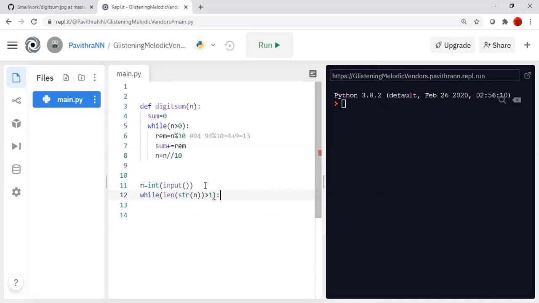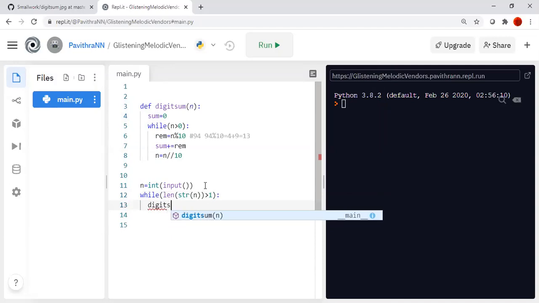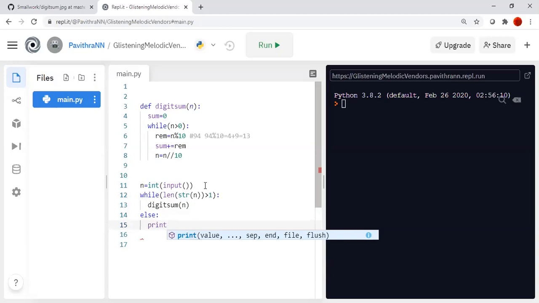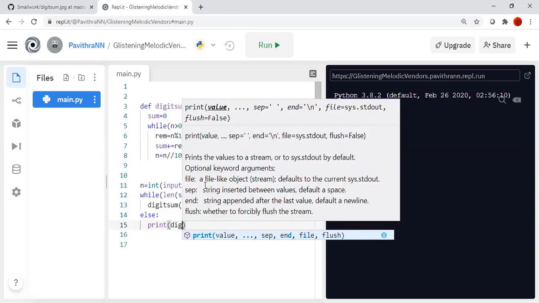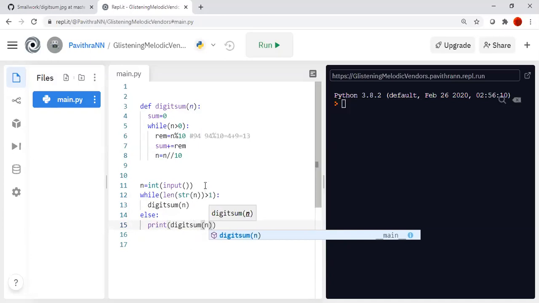Then I will call the digit sum function, digit sum of n. Else, if the length is 1, then we can print digit sum of n.